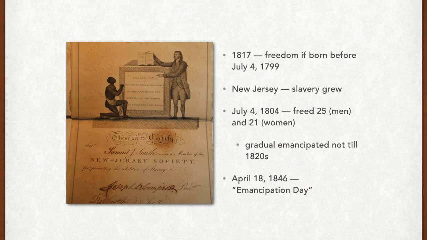April 18, 1846 was celebrated as Emancipation Day in New Jersey, but there was still functional slavery in the state until the passage of the 13th Amendment. Okay, so again, that's important, right? The 13th Amendment was passed in 1863, so New Jersey had slaves for quite a long time. And again, it's ironic because they were in the Union, which fought against slavery, and yet they still owned slaves.